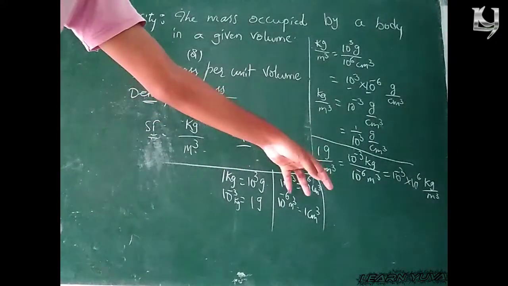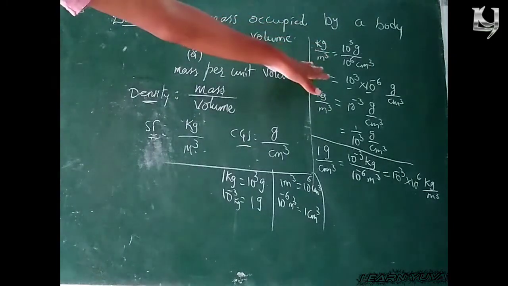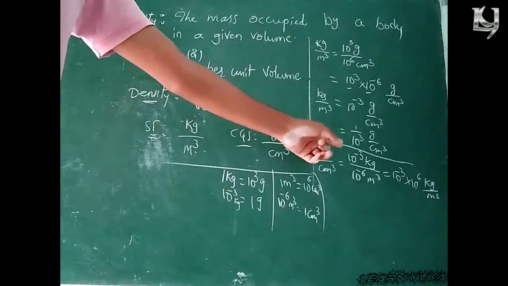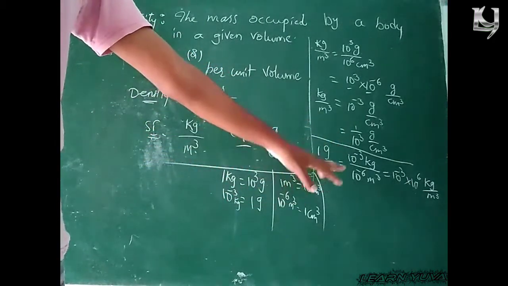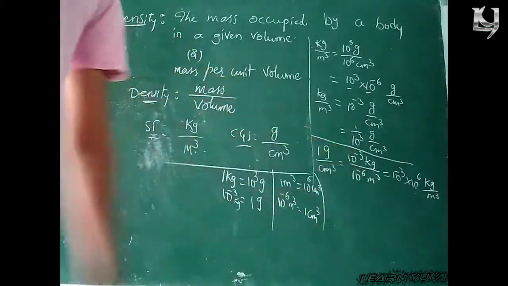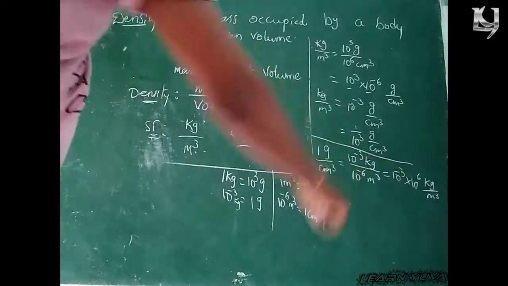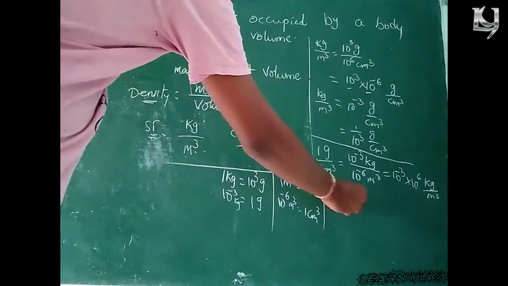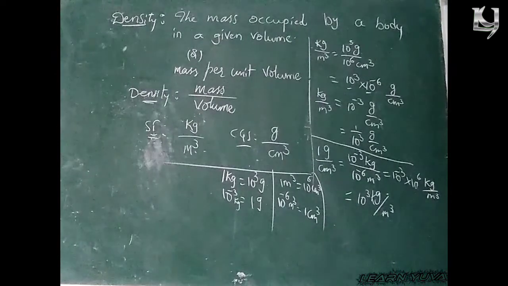1 gram by centimeter cube. I did this directly because we already did so many conversions. So that's why I did this directly. How the values came is by this. So 1 gram by centimeter cube is equal to 10 power minus 3 kg by 10 power minus 6 meter cube. So 10 power minus 6 is in the denominator. If it moves to the numerator, that becomes 10 power plus 6. Again, when the bases are the same, the powers are added: minus 3 plus 6 per meter cube. Clear? So let's take a problem based upon this.